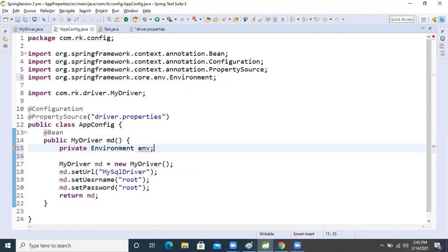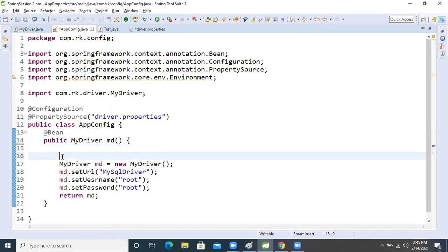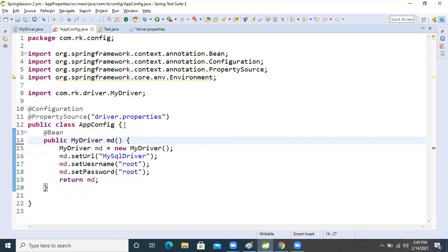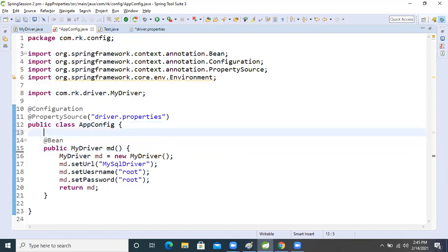But yesterday we learned autowiring, right? Yesterday we learned autowiring or not? If we are injecting this Environment interface, Spring gives it.